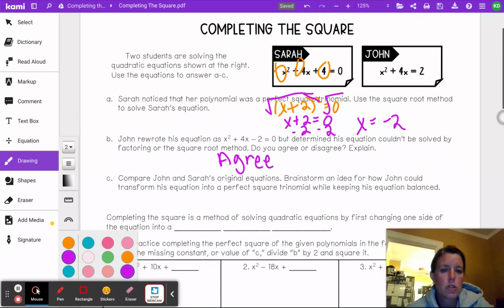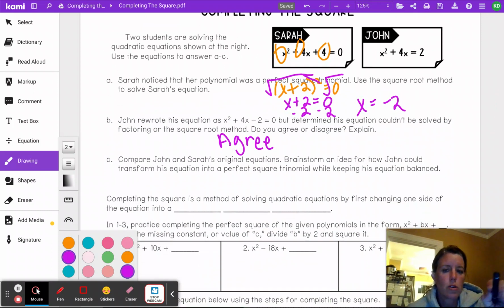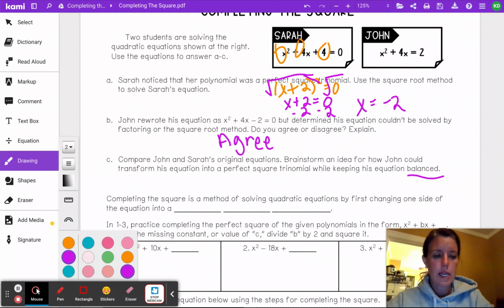So let's look at the two equations. Next one says to compare those two equations, figure out how John could transform his equation into a perfect square trinomial while keeping the equation balanced. Okay, that's key. Keep that equation balanced. Some of you might already have it in your head